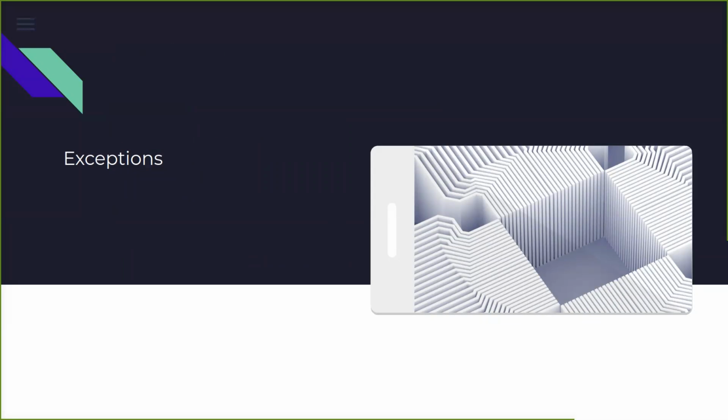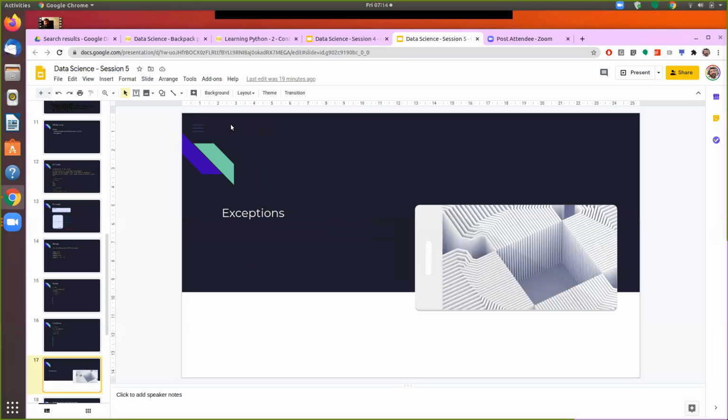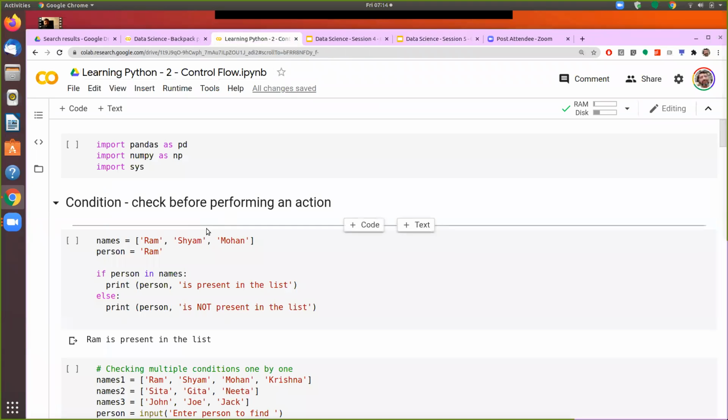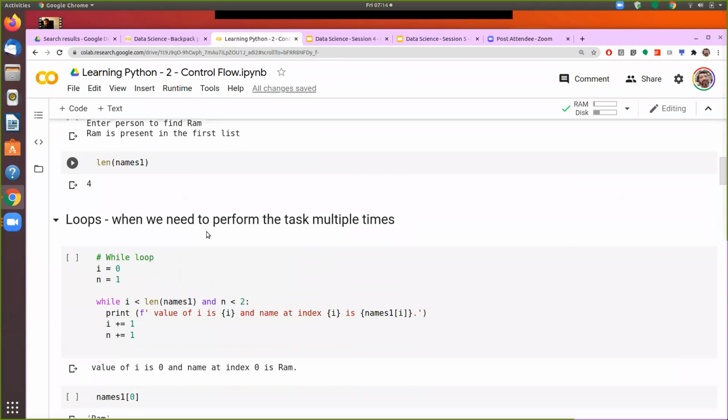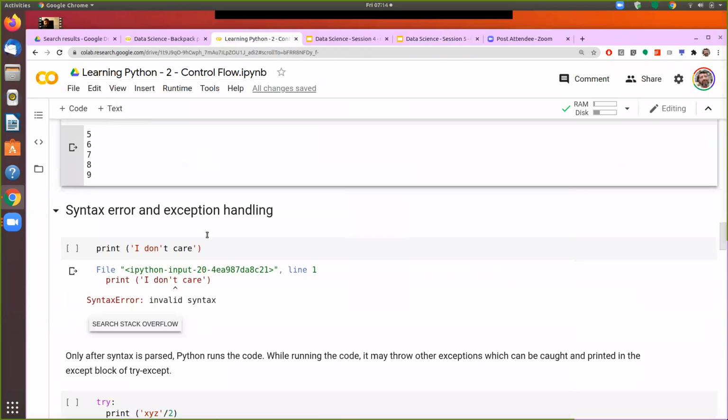Okay. So today we will come to how to handle certain exceptions, as we have seen during our course of trying out different things in Python. We saw that sometimes we will make errors, and we also need to learn how to handle those errors. So let's come to that part. We are done with the loops.